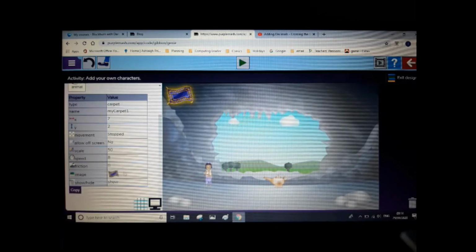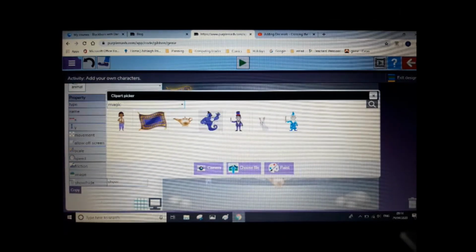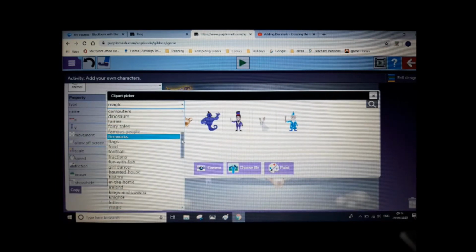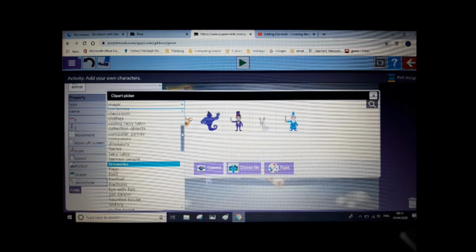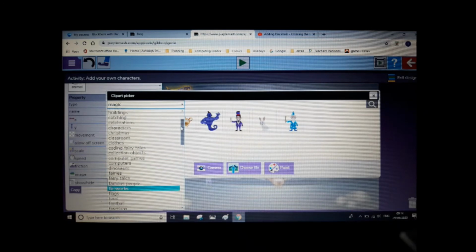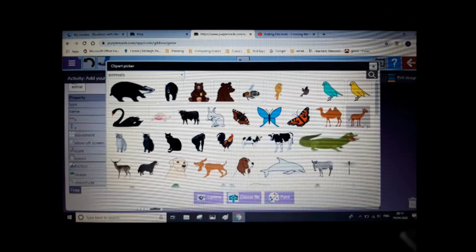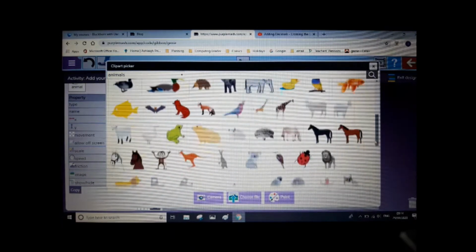What I want is I'm going to change its image, and I'm going to change it to, let's see, I'm actually looking for